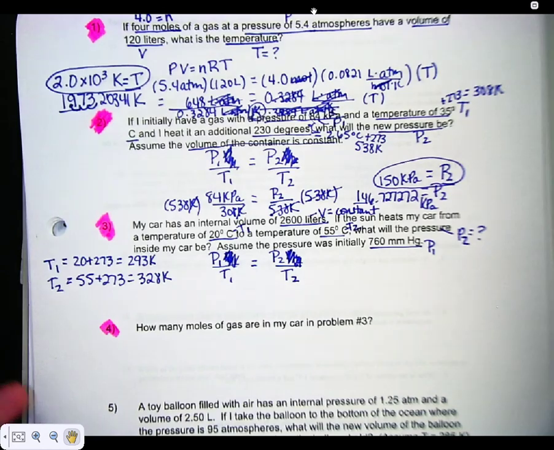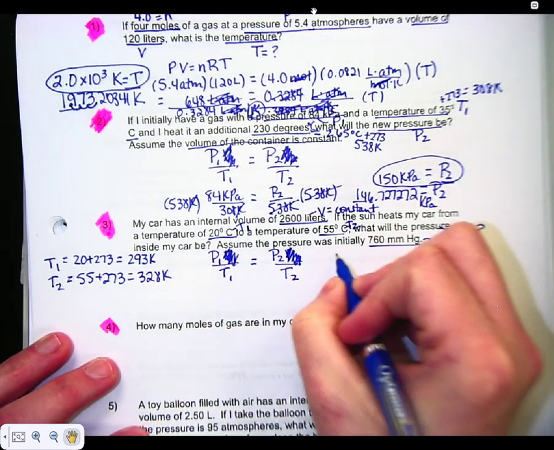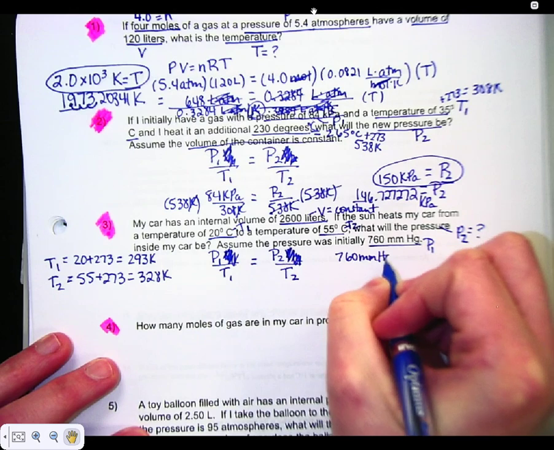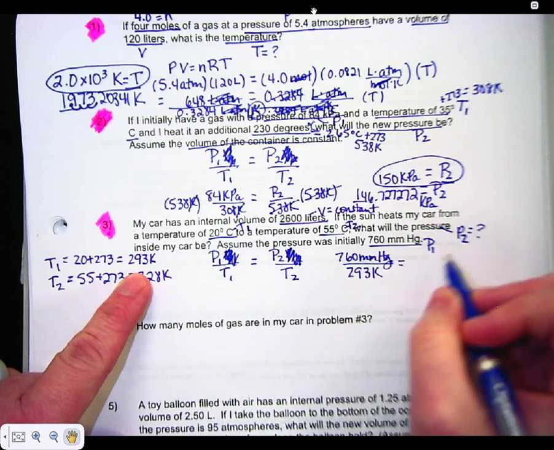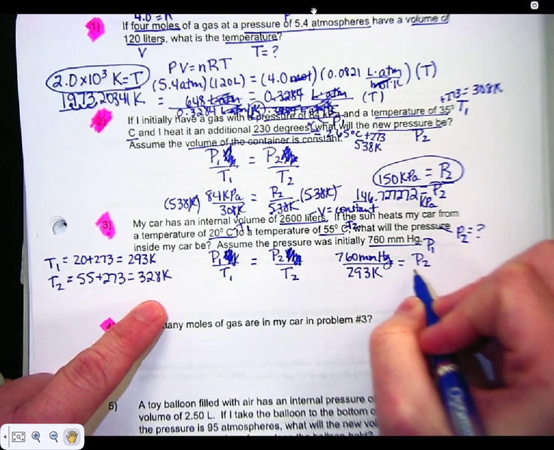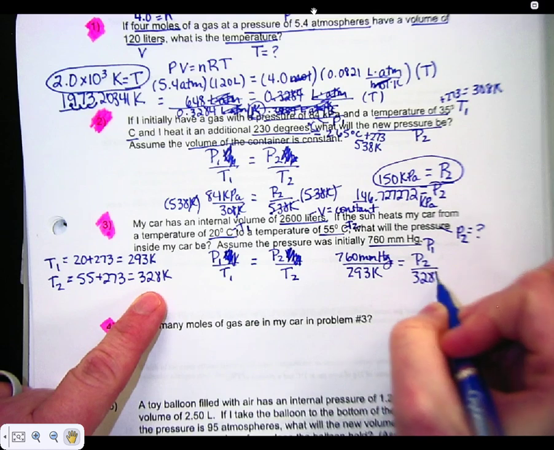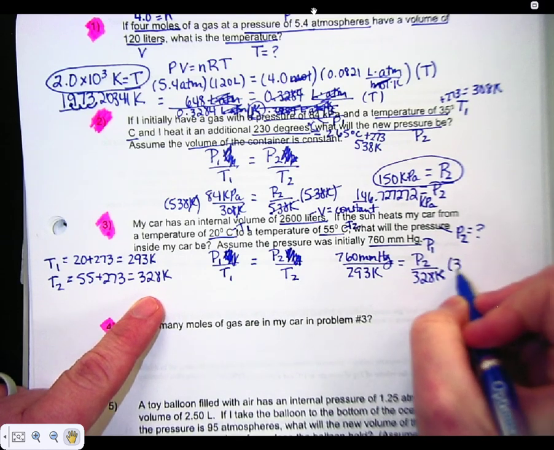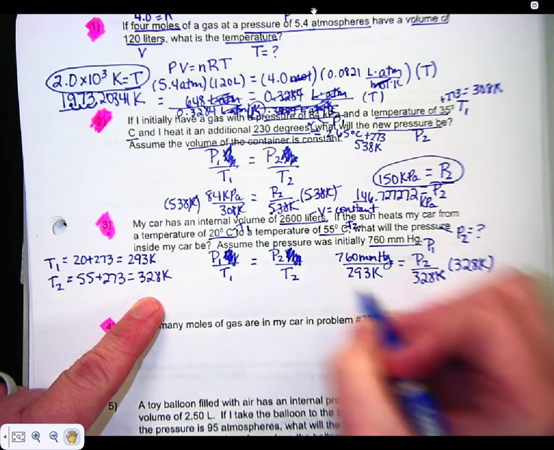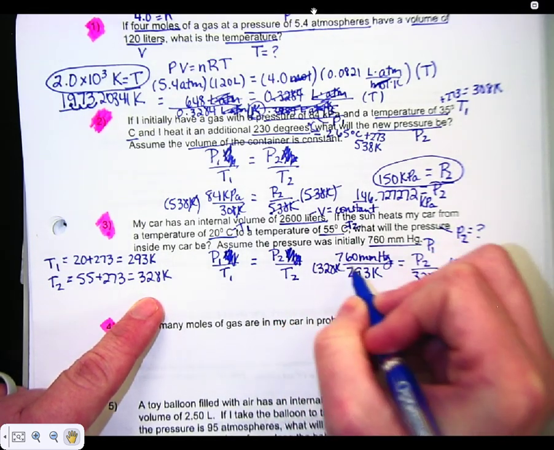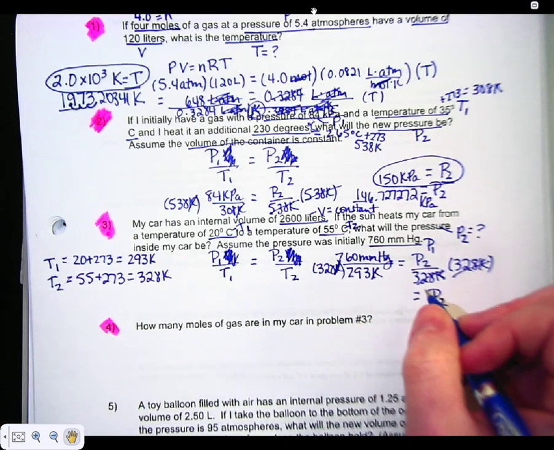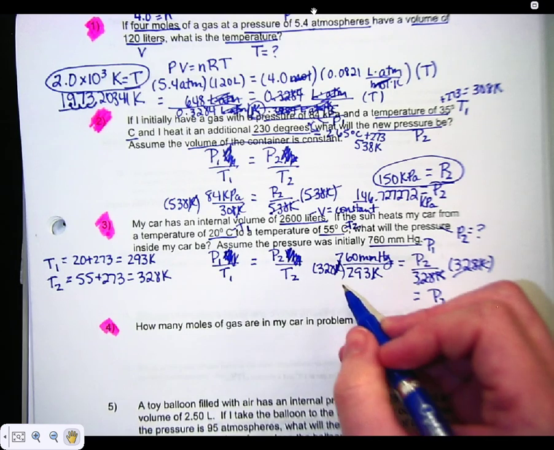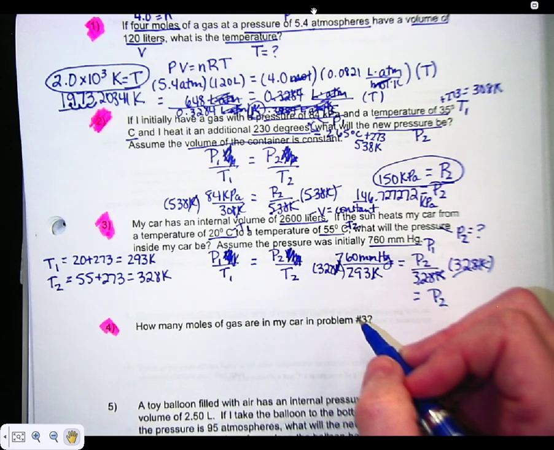Okay, so now we can substitute our numbers in. P1, 760 millimeters of mercury. T1, 293 K. P2, we don't know. And T2, 328 K. Again, we're solving for P2. We can see here we're going to have to multiply both sides by 328 K. The 328s cancel out. On the right we have P2, on the left we have 760 times 328, divided by 293, and